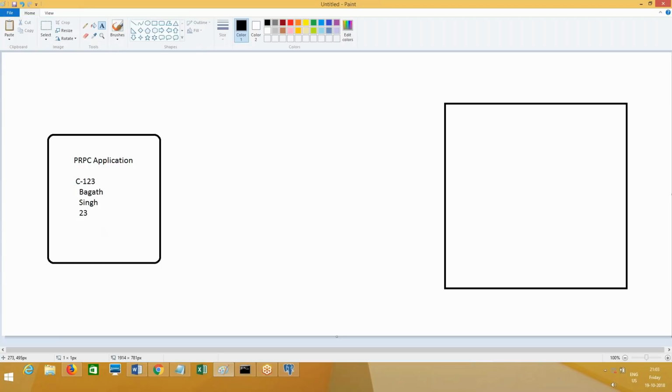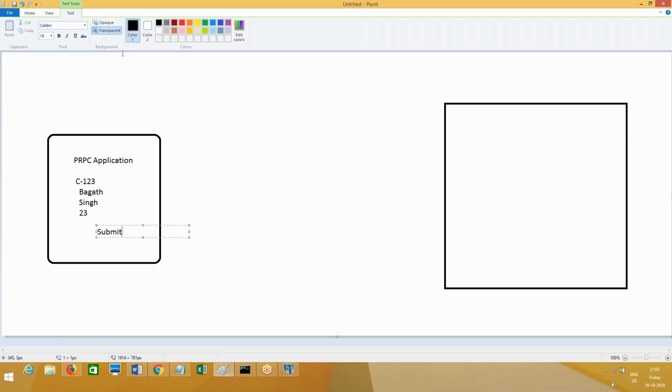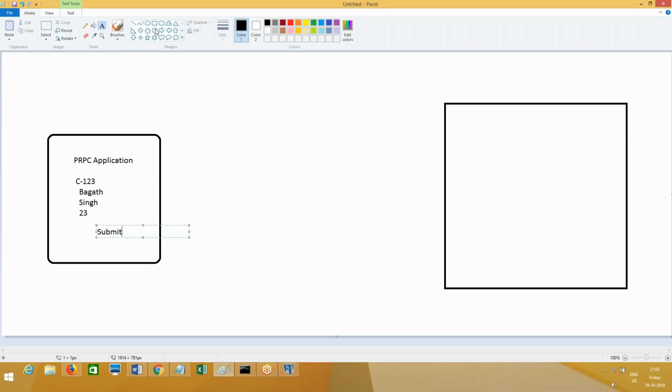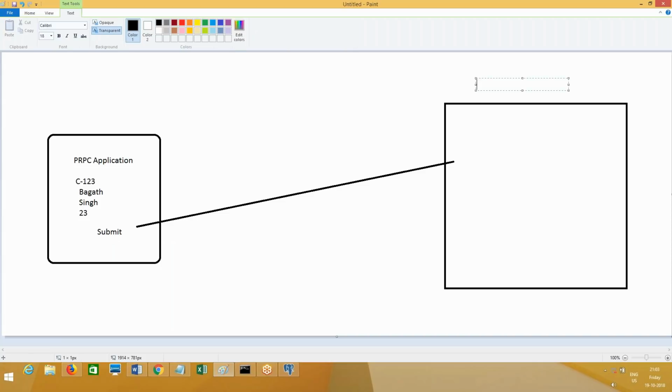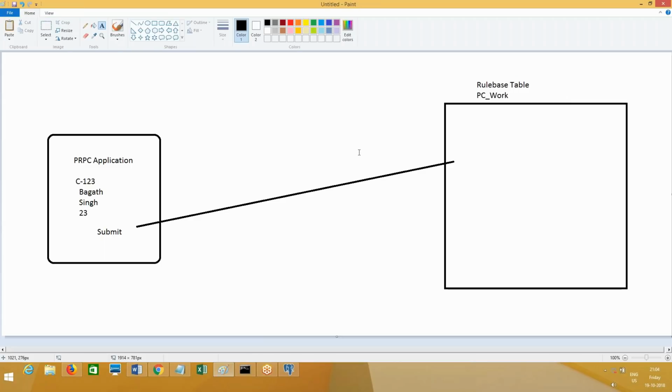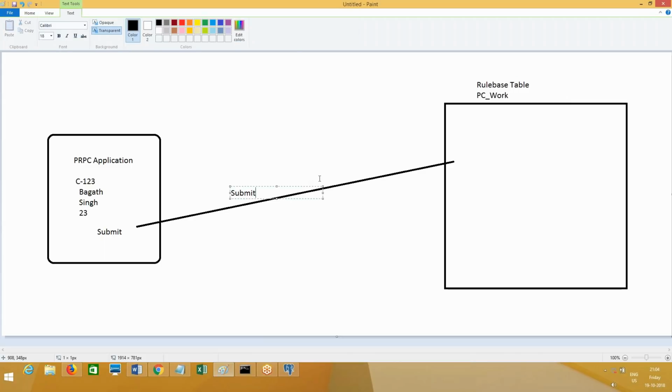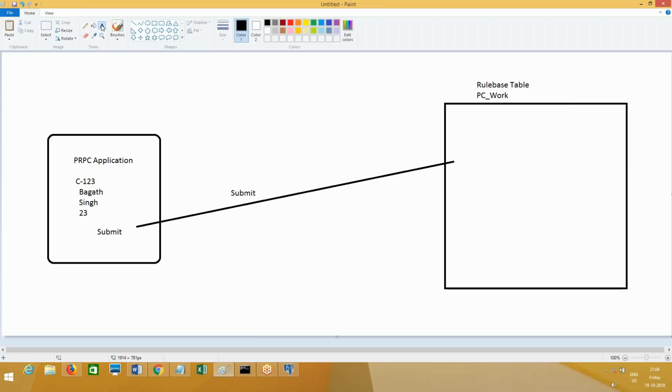So once you submit, what is happening? On submit, this is a rule based table. What is the table name? Can you tell me? Generic name? PC underscore work. So you submit it. Once you submit, it is getting stored into only two columns.